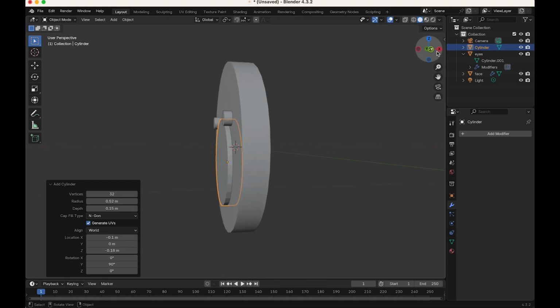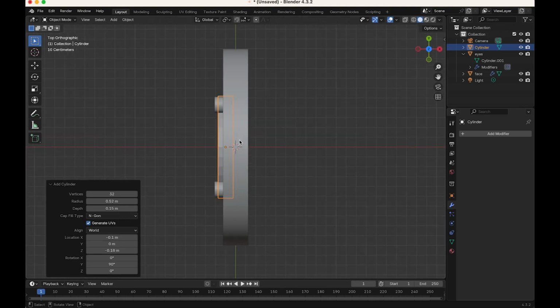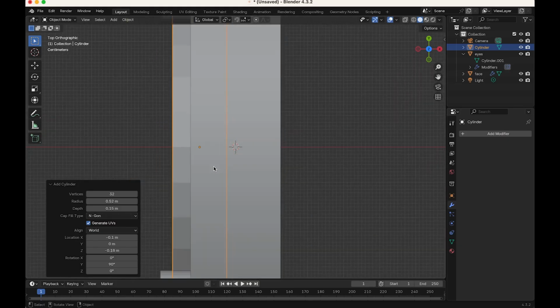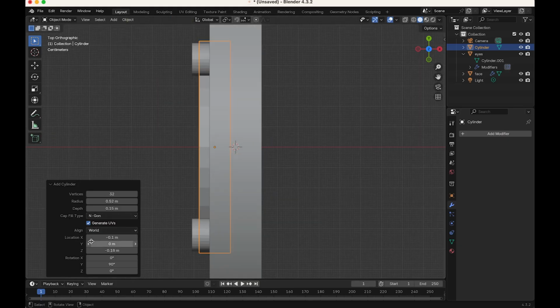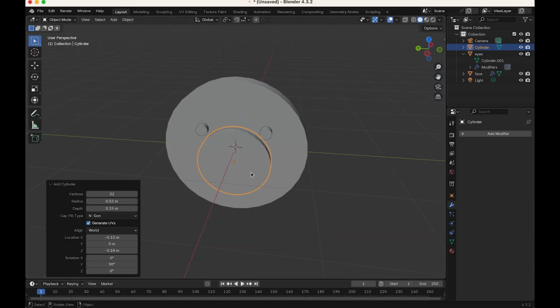Okay, so I'm going to go like this. Apologies for moving around so much. Maybe I'll just do this to get a similar depth. Okay, so what I want to do here is